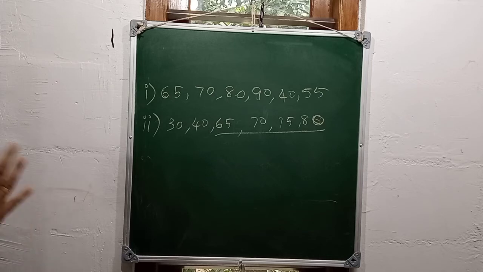These numbers are my favorite numbers. You can take your own favorite numbers, but the condition is that the sum of the numbers should be 360. Keep in mind that. And one more condition: two numbers are less than 60 and four numbers greater than 60. And in the first question, two numbers are greater than 60 and four numbers less than 60. Okay, children.